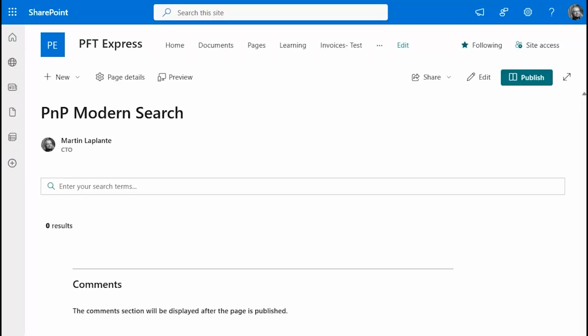Let's talk a little bit about SharePoint Search. Here I have a page where I've installed PnP Modern Search. This is a wonderful extension to SharePoint. It makes search so much easier to configure, so much more flexible, but there are still some improvements